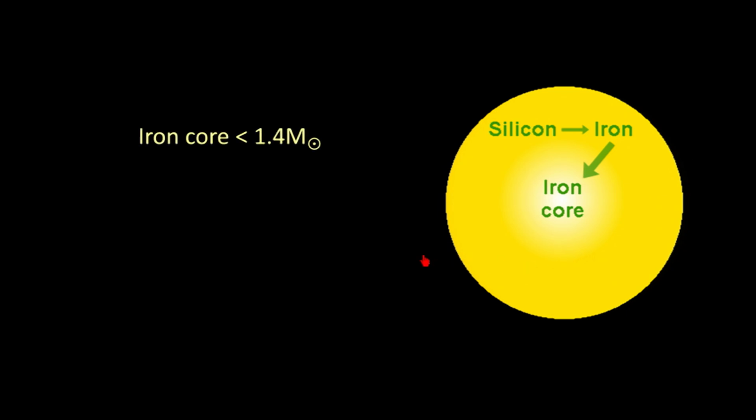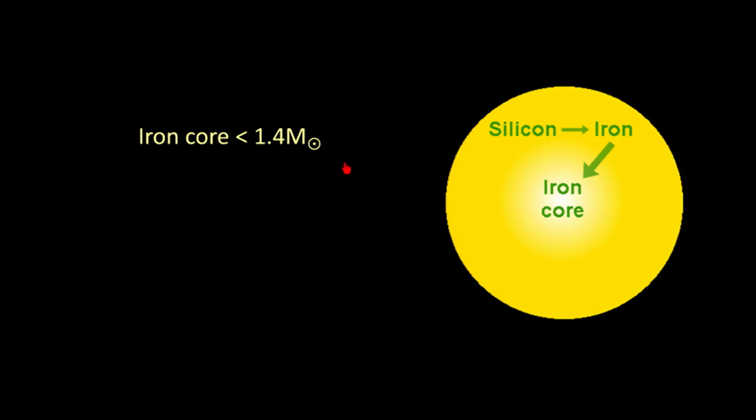At first, the core is less than 1.4 solar masses. And if you recall from the last video, this is a magic number, called the Chandrasekhar limit. If the core is less than 1.4 solar masses, then it is the electrons that are part of the core that will hold up the core and resist the crush of gravity. But the magic part of this number is that if you exceed 1.4 solar masses, then the core cannot hold itself up due to gravity.